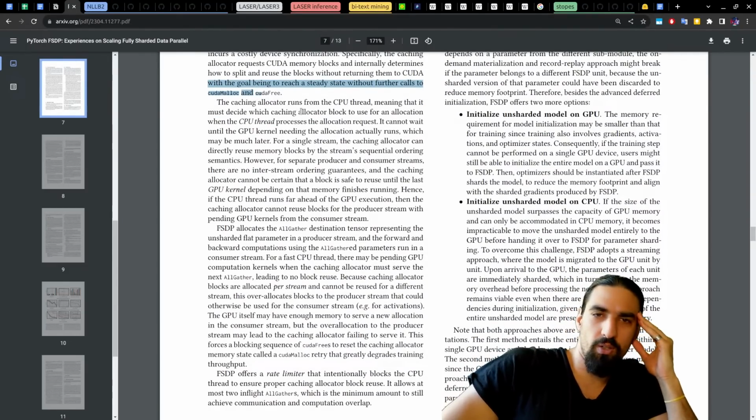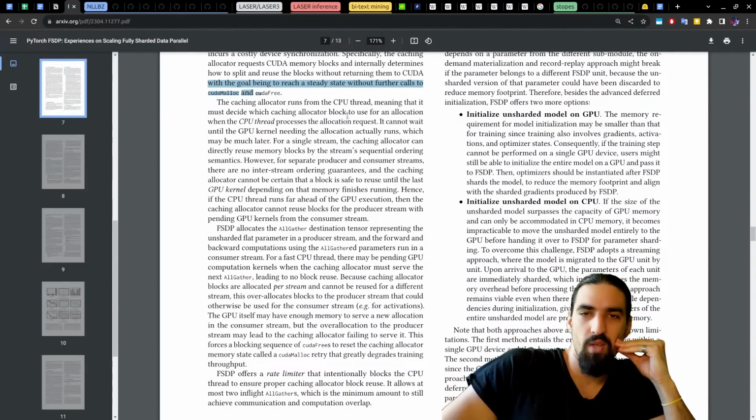The caching allocator runs from the CPU thread, meaning that it must decide which caching allocator block to use for an allocation when the CPU thread processes the allocation request. It cannot wait until the GPU kernel needing the allocation actually runs, which may be much later. For a single stream, the caching allocator can directly reuse memory blocks by the stream sequential ordering semantics.